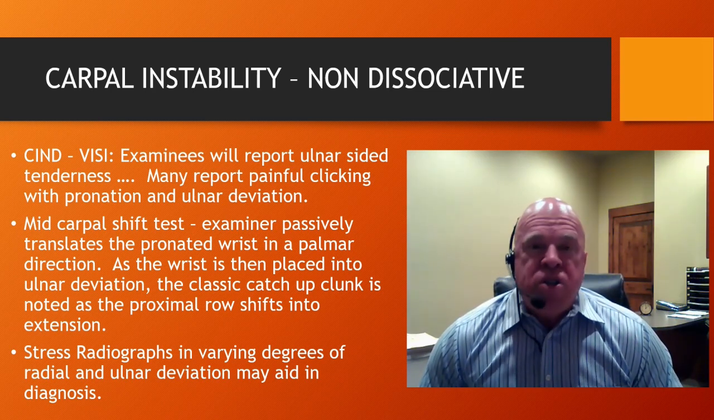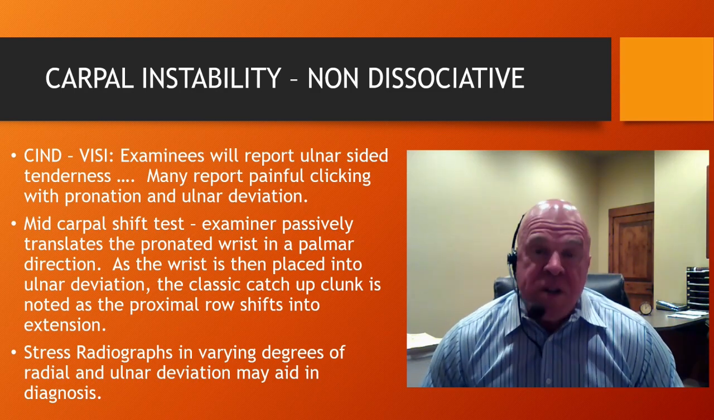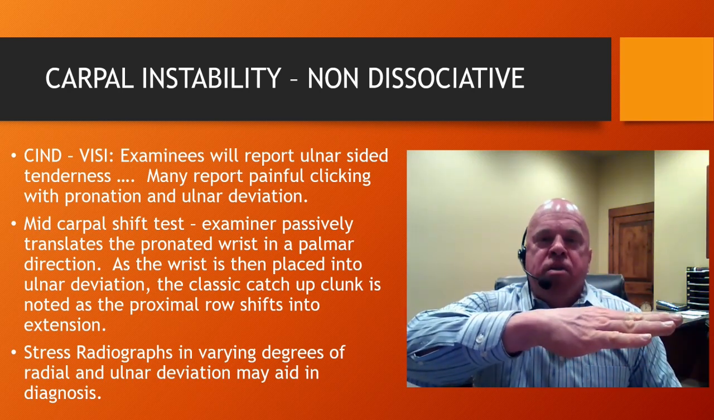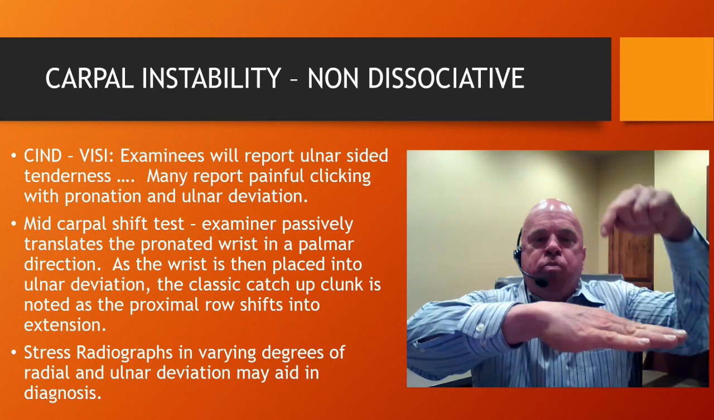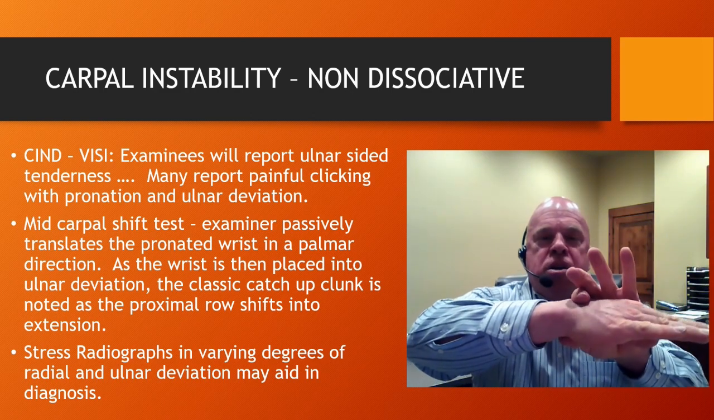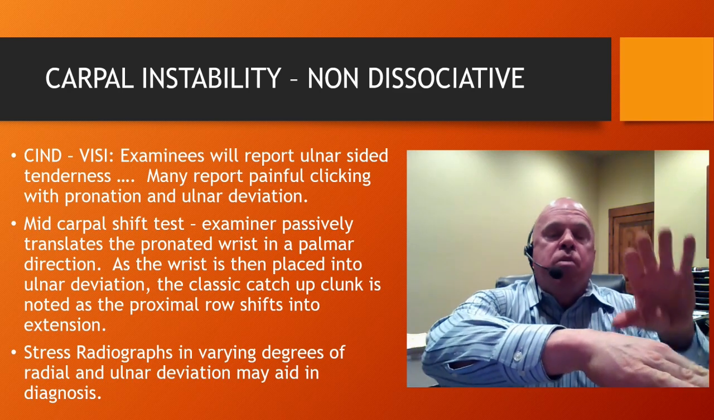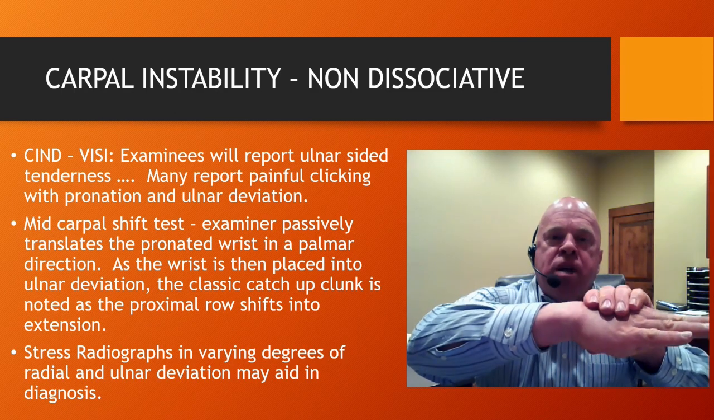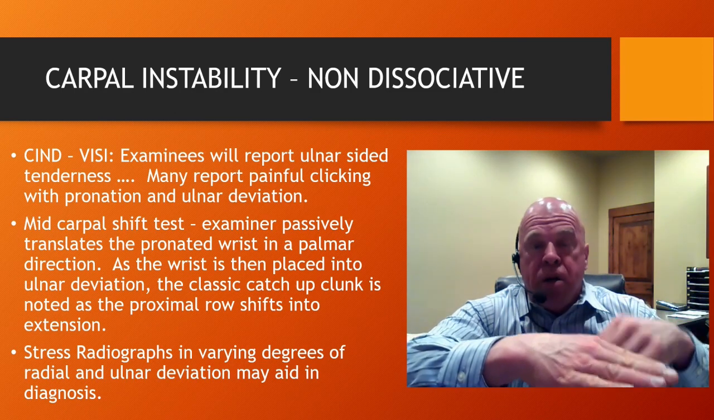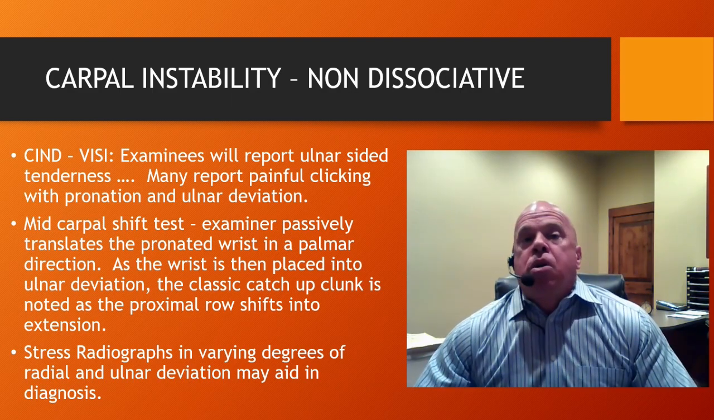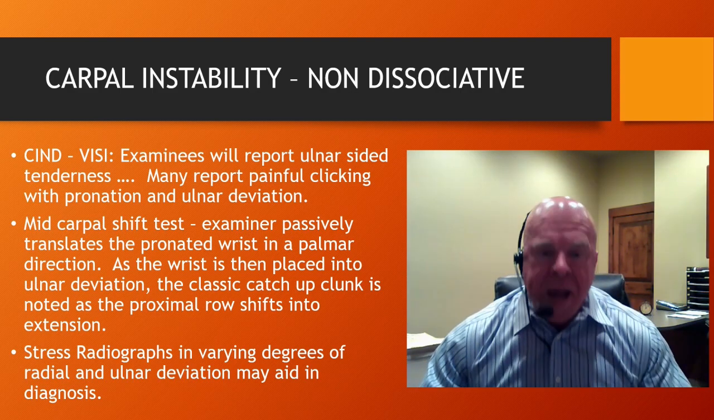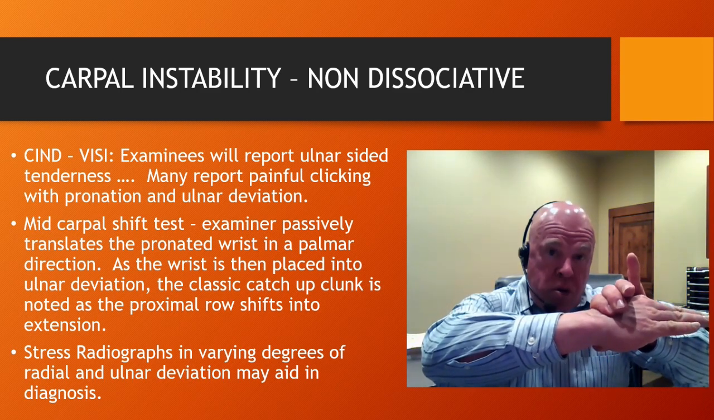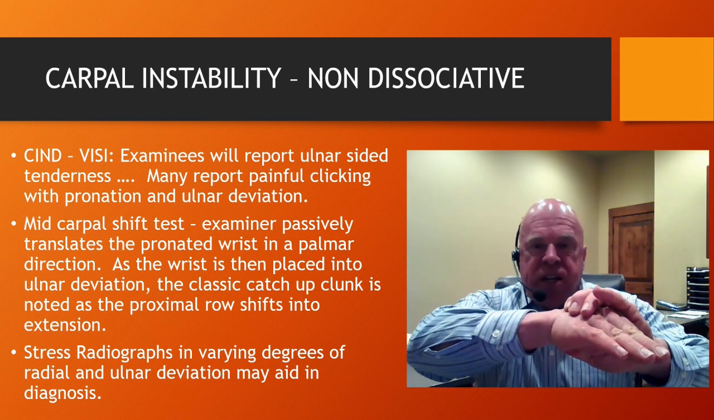the midcarpal shift test. So to perform the midcarpal shift test, the examiner passively translates the pronated wrist in a palmar direction. It's hard to demonstrate this with only one hand, but you as the examiner would stabilize the distal radius and ulna here, and then would passively translate the wrist palmarward, pre-stressing the dorsal carpal ligaments. Okay? Then the wrist is slowly and passively moved from neutral or radial deviation into ulnar deviation,